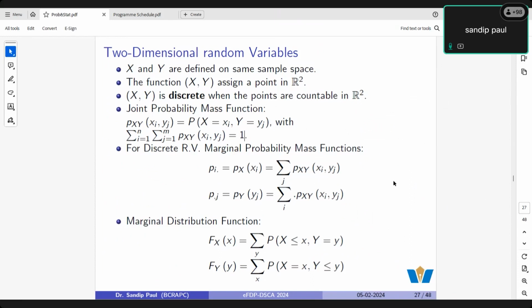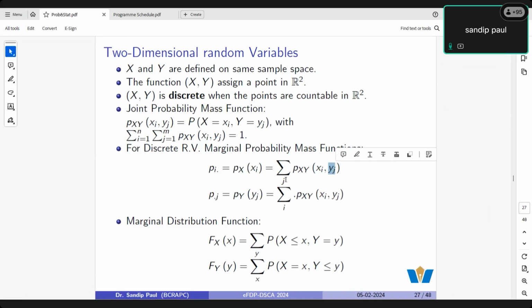It can be obtained from the joint probability mass function by putting in all y values. So here you can see pi dot denotes the marginal probability mass function at the point xi, or px at xi, and it is the sum of all probabilities where we have considered all